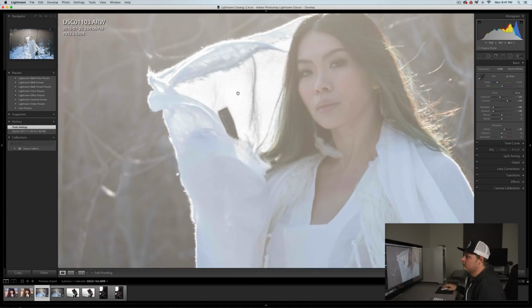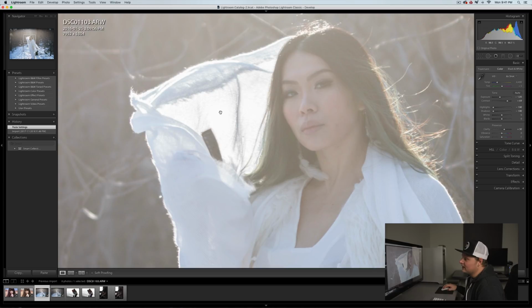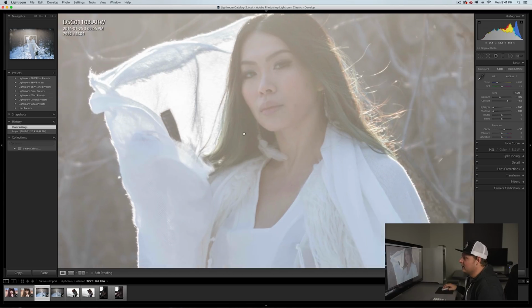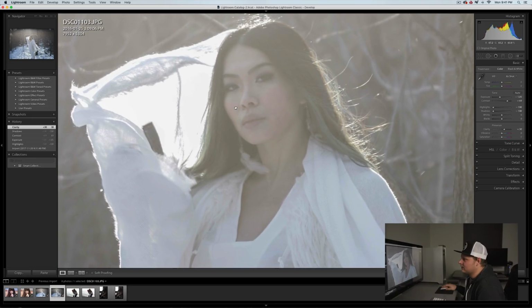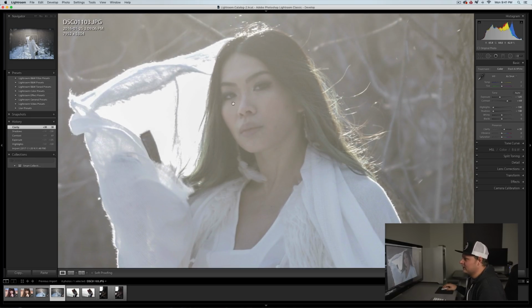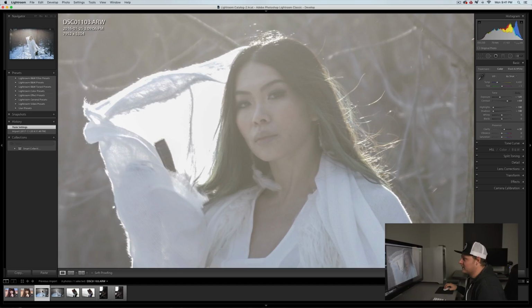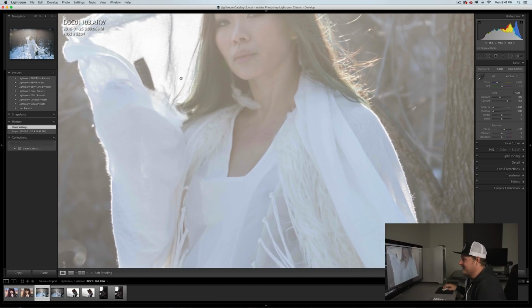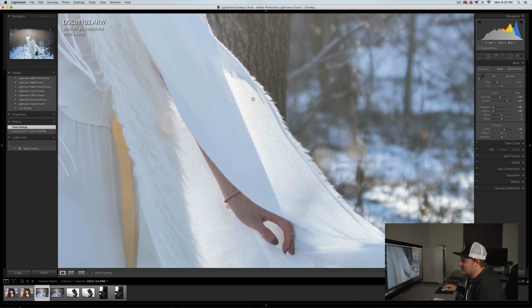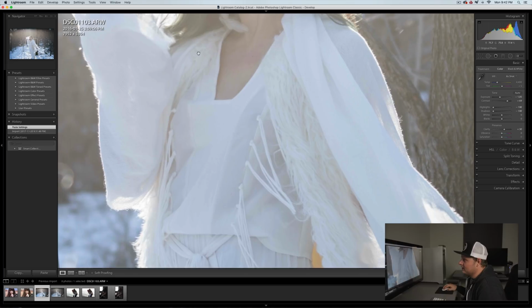now you can see the detail in the cloth here. Her skin tone looks more natural. It looks kind of crappy in this. It actually looks really pale and blotchy. It doesn't look natural. But when we come back to the raw file, all those skin tones are nice and warm. And you may be able to match it up in the JPEG if you play around with it a bit more, but what I like is I'm seeing all the detail in the cloth here,